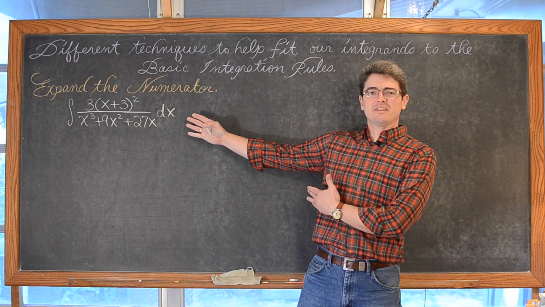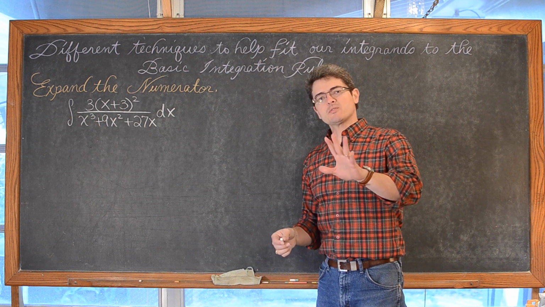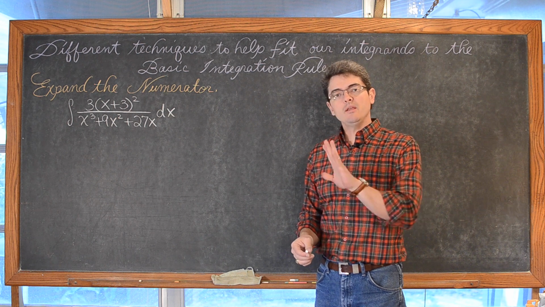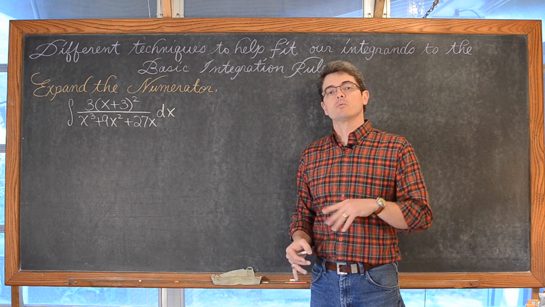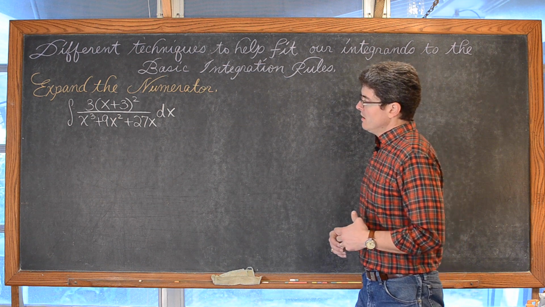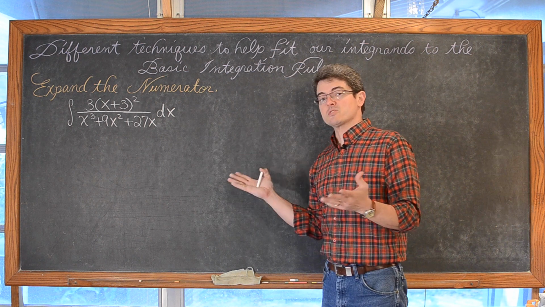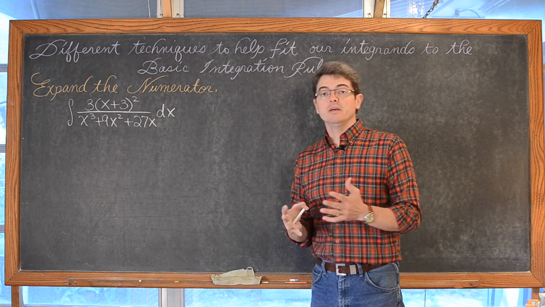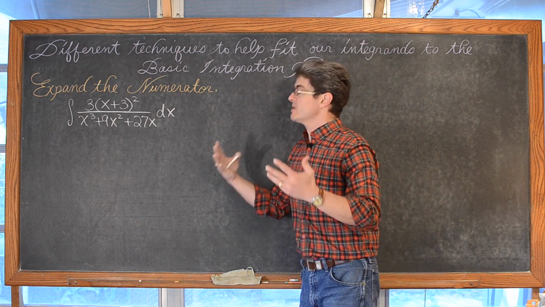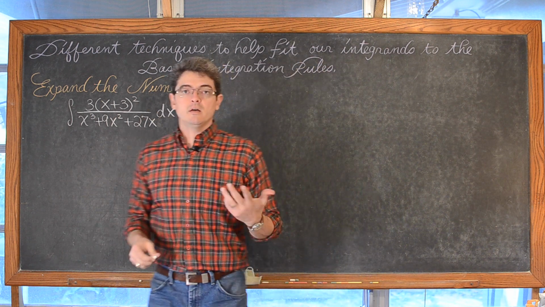Our first technique, expand the numerator. And also, I forgot to write a footnote on the previous board. Anywhere that a showed up in those integration rules, it is assumed to be greater than 0. Okay, so we have a pretty basic polynomial in the denominator, and this is going to be a fairly straightforward example, but I do tend to make my videos starting from the less difficult to the more so. So we're going to expand the numerator.